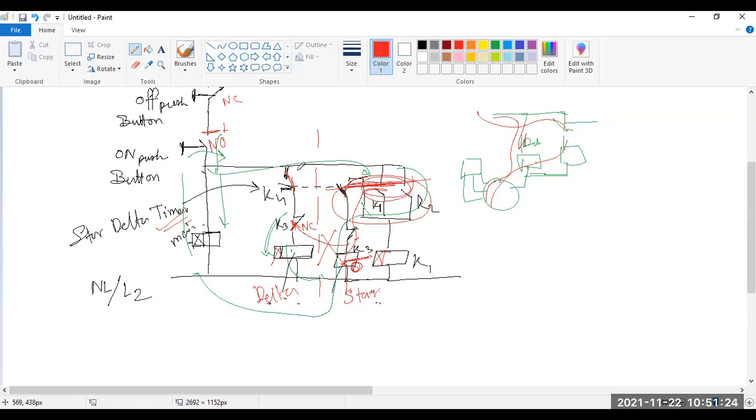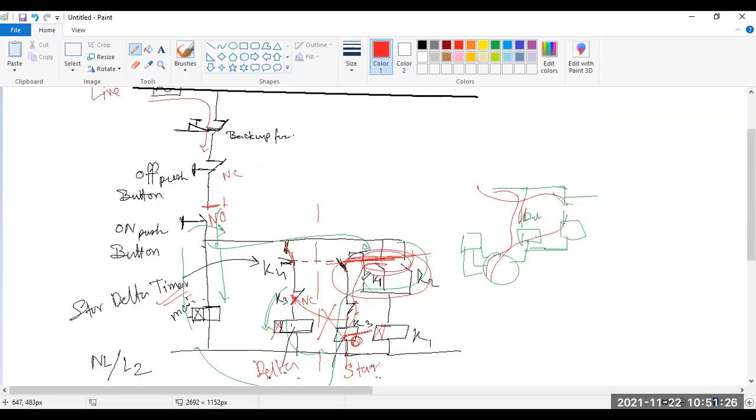So guys, this is a simple control circuit, but it seems very complicated because lots of symbols are there. So we have to know symbols for automation. Say fan, what is the symbol of a fan? What is the symbol of a motor? What is the overload relay? An oil circuit breaker? There are particular symbols.